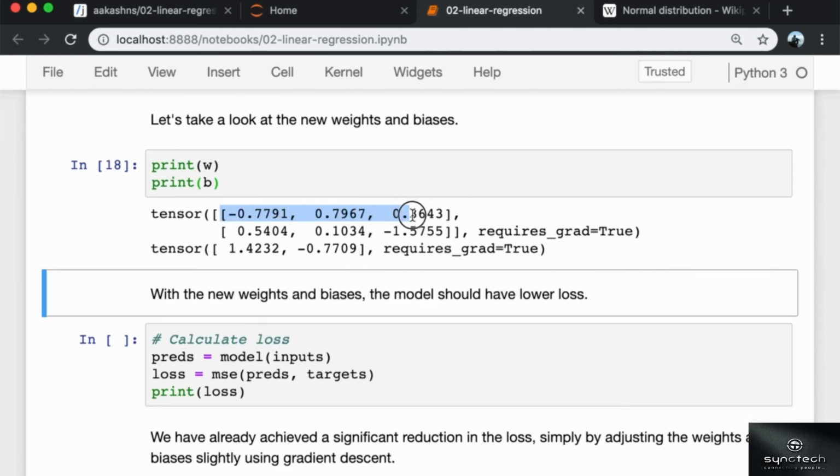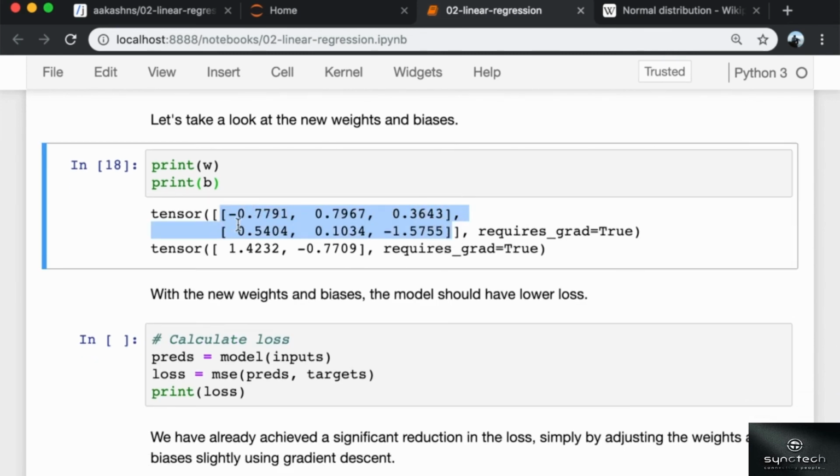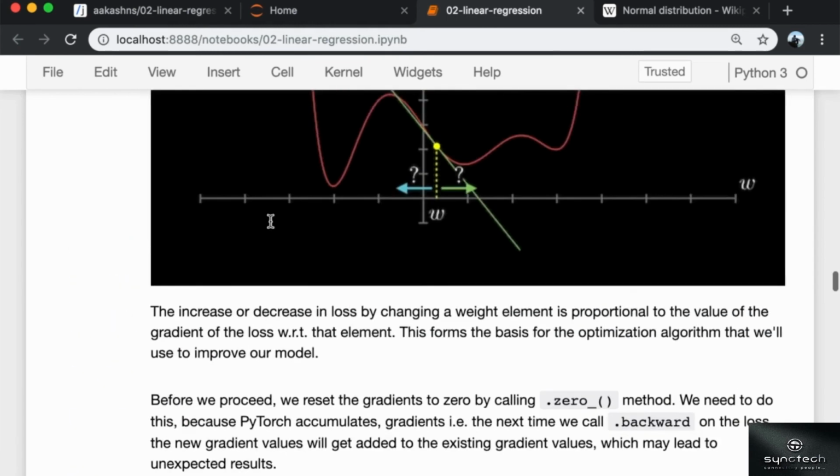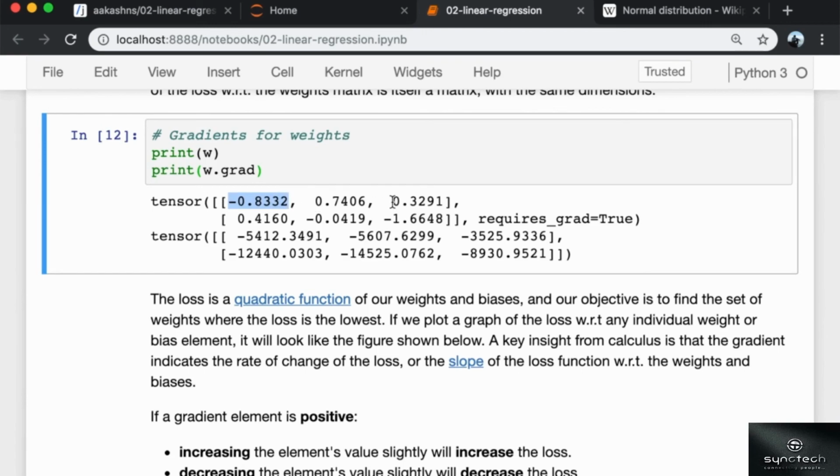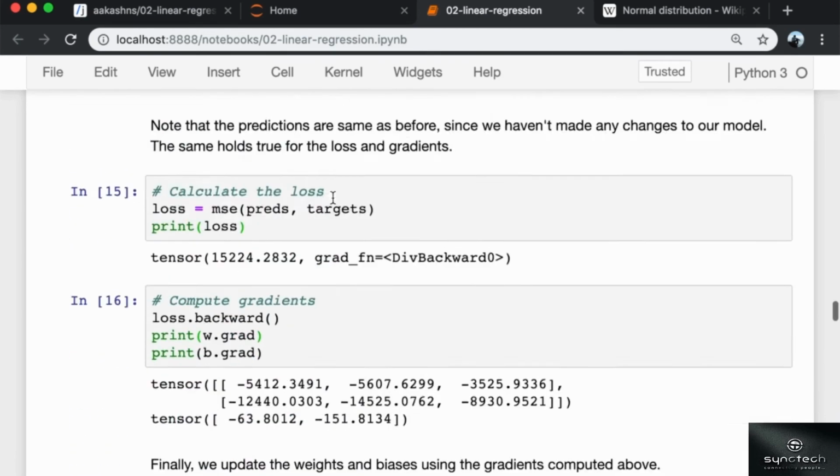As you can see here, the weight has been changed slightly. If you look at this particular element, currently it is minus 0.7791, and earlier it had the value minus 0.8332, right? And you can see a similar change for all of these values.